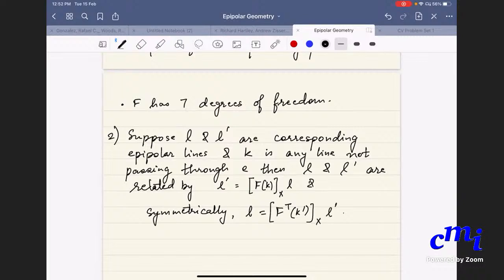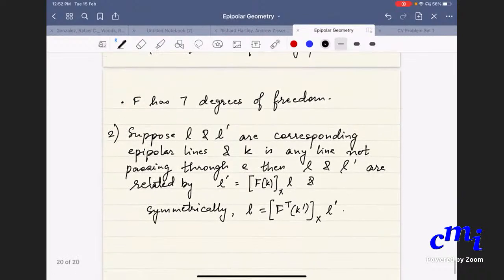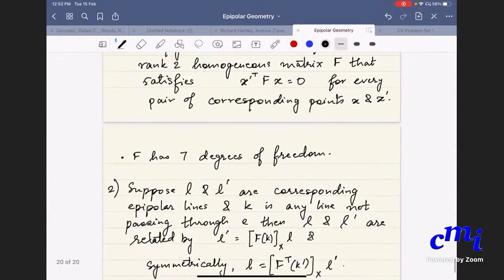Before this I should have mentioned that whenever F is a fundamental matrix,